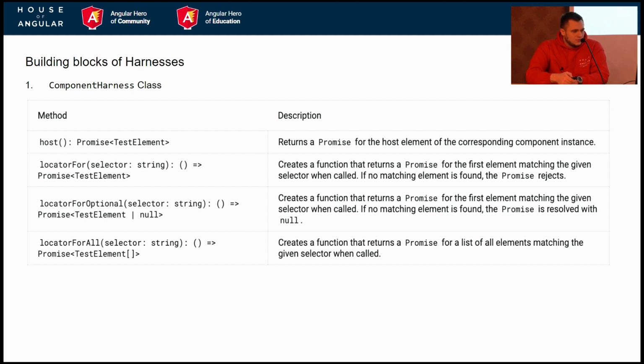I can briefly go through these functions, but as I said, they are mostly dedicated to finding the element in scope of the component DOM. The differences between them are just the purpose and expected result. In case of locatorFor, it will return a promise with the test element or will reject the promise. locatorForOptional will do exactly the same, but in case of not finding the element, it will return null. And locatorForAll will look for the collection of the elements and will behave exactly the same as locatorFor. Host returns the instance of our component. And this test element,